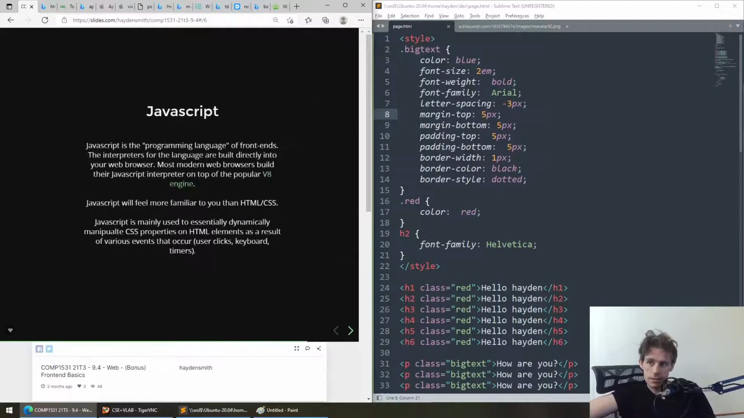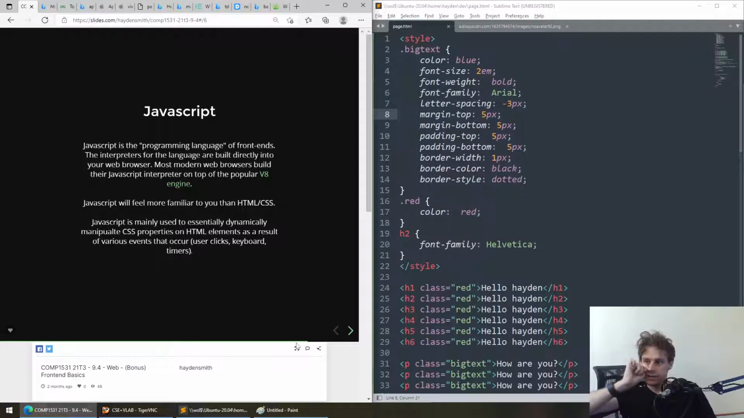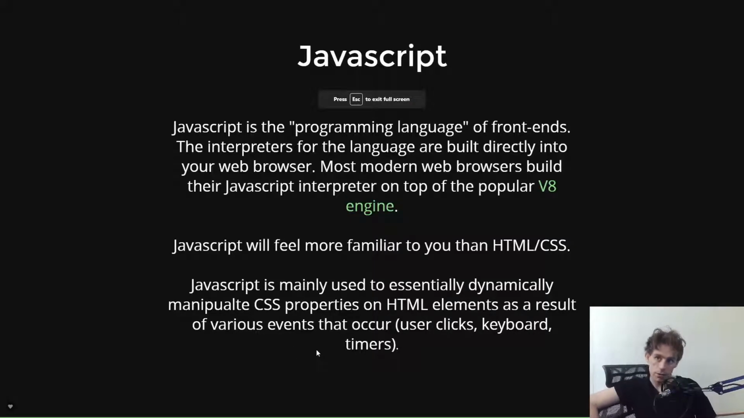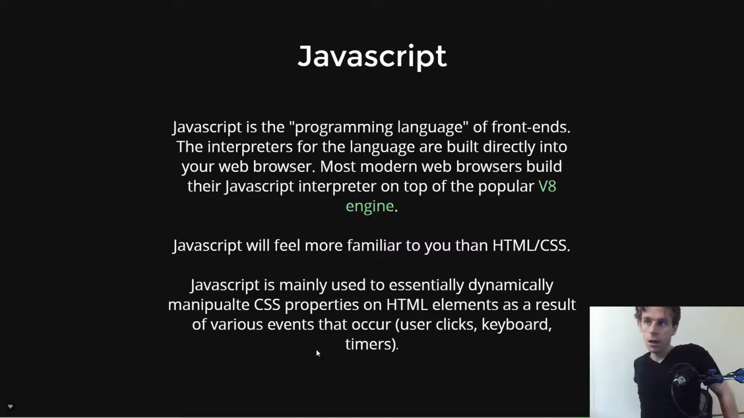And then the last thing we have to chat about is JavaScript. Now, this is where things get a little bit more interesting. JavaScript is a programming language, and it's essentially the programming language of client-based web frontends, and I guess servers as well now. But JavaScript is a programming language that has an interpreter, just like Python does, and it's built into your web browser. The most popular one was built by Google, and JavaScript is what adds a dynamicness to your